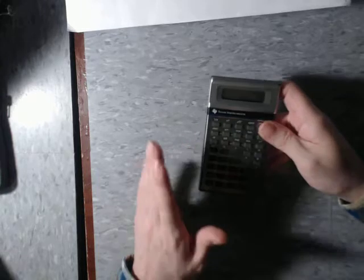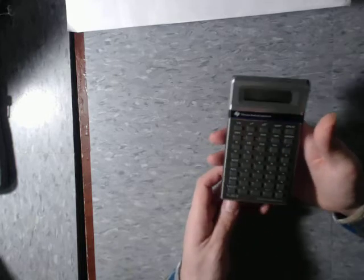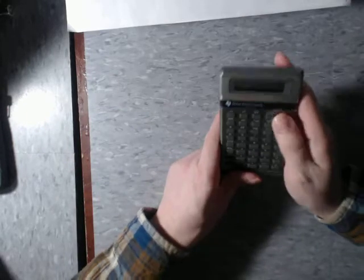And it's really a shame, because when I found this, I was really excited because this is a very classic calculator. I mean, it's older than I am. 1982. This thing is almost 40 years old, and